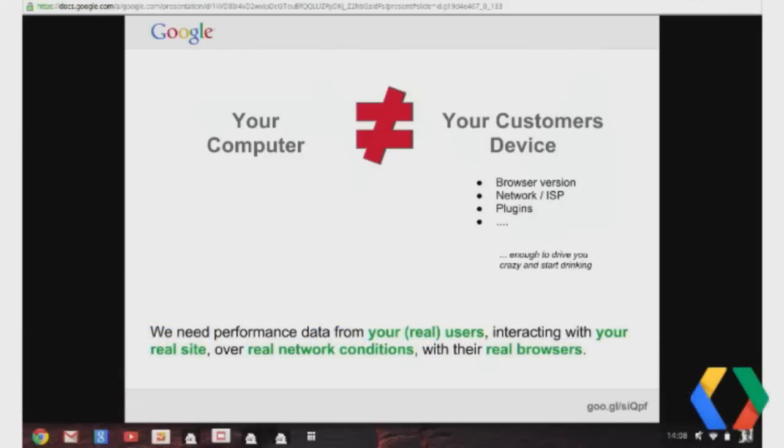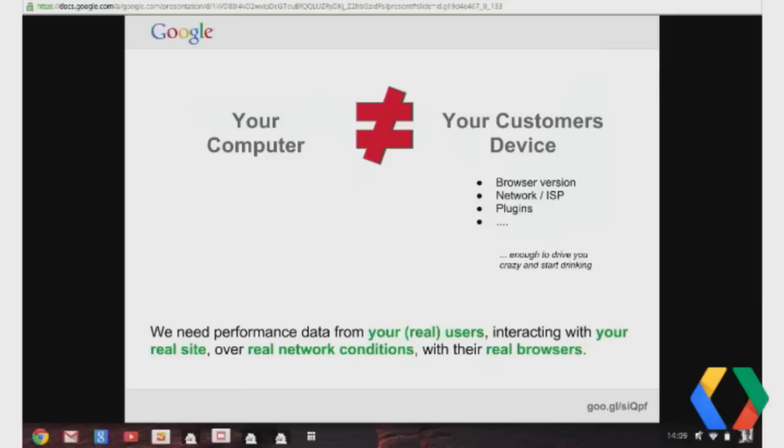So first of all, I may be testing my new site on a Chromebook or my desktop computer, and you're trying to access the site on your mobile phone. Right? Two completely different classes of devices, different CPU power, amount of memory, even the network. Right? So loading a bunch of images on my desktop computer may not be a big deal, but loading the same images on a mobile connection may actually be pretty painful.